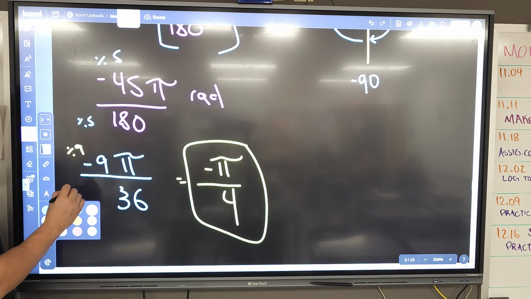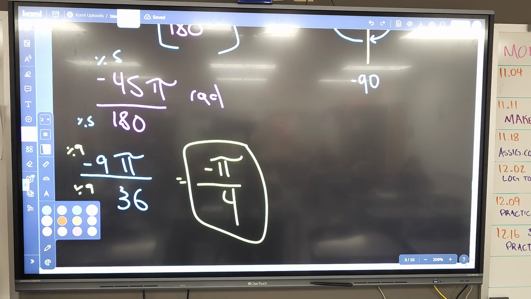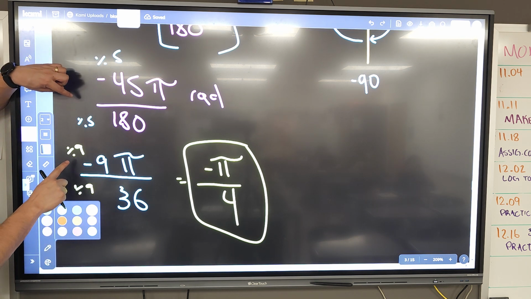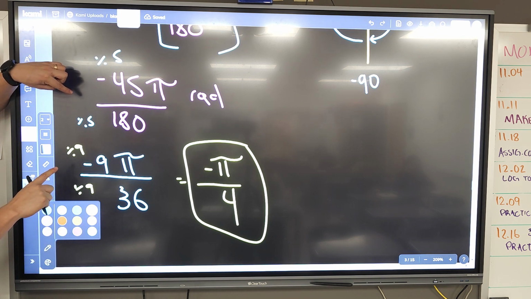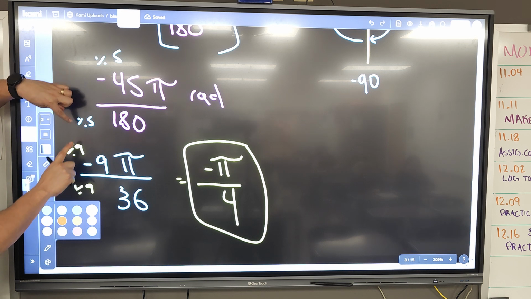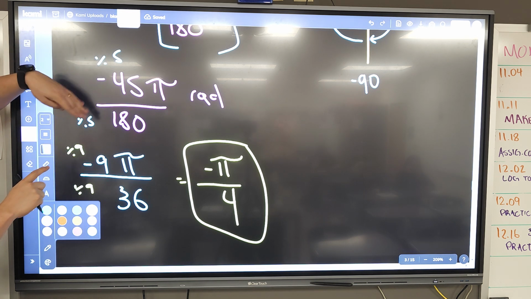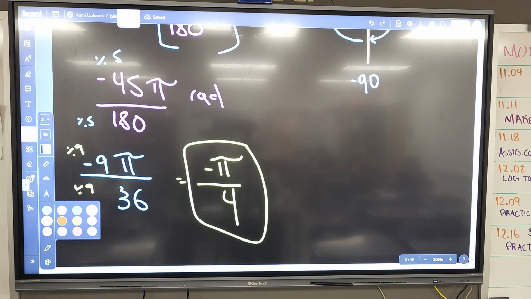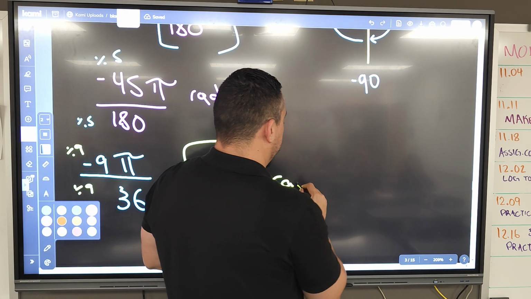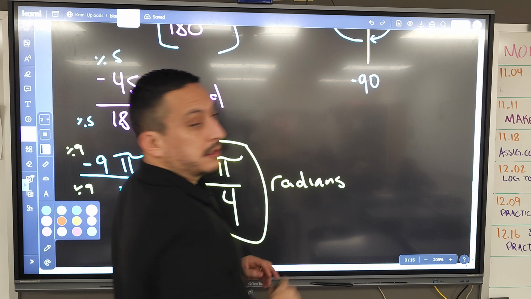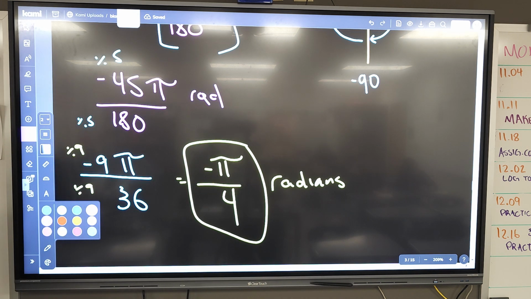Now you might have gone through it a different way. I'll show you a little something. I took out a 5 and I took out a 9, so that means I could have actually taken out 5 times 9. 45 goes into both of those, but I wouldn't have caught that. It works out that way. So, anyways, radians. We're good, guys? Questions? Okay, so